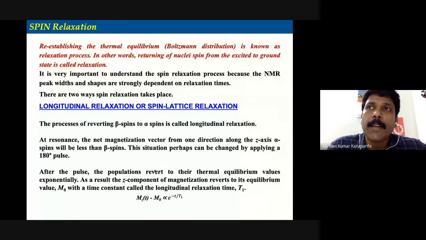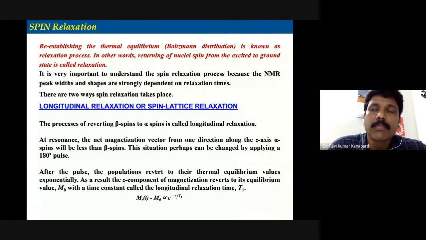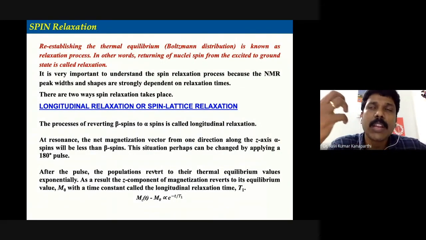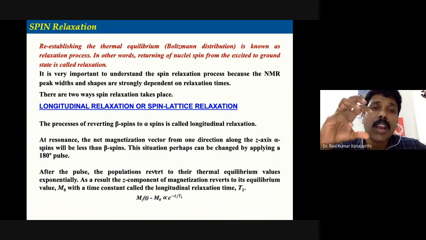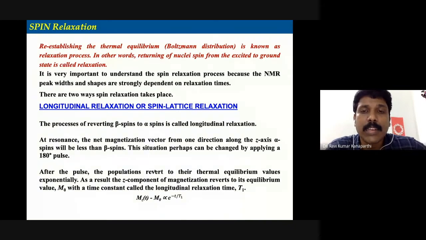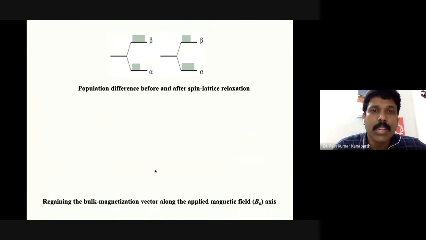Okay, that is one thing. There is another thing that also happens, and we will see the second category of the relaxation process. So this is only with regard to the population. The one relaxation process is that before and after applying the pulse, you have a disturbance of the population, and if this population comes back to its original position, we refer to that as the longitudinal relaxation or spin-lattice relaxation process.